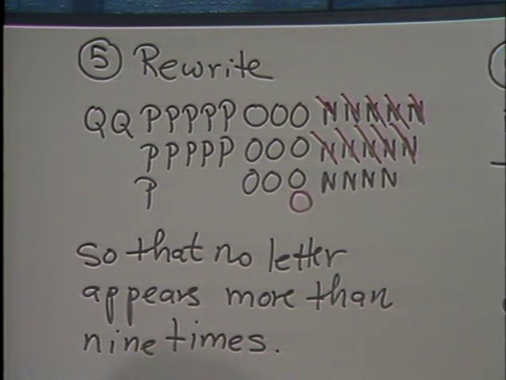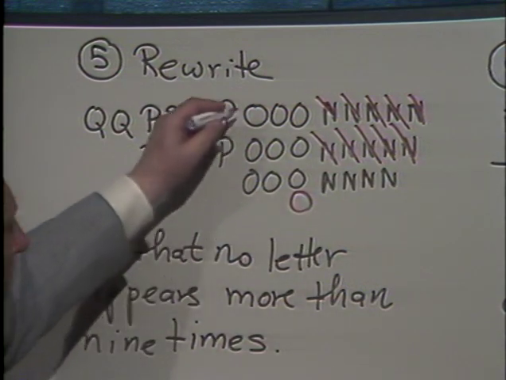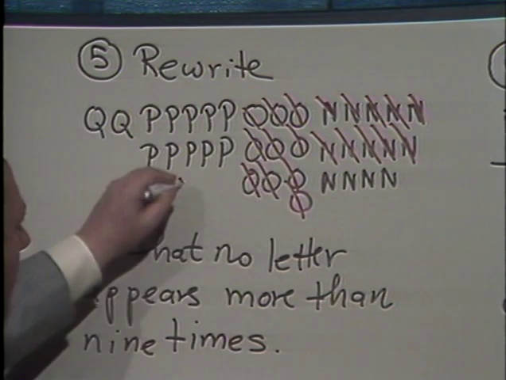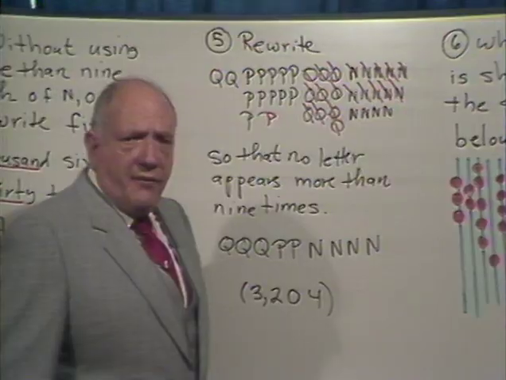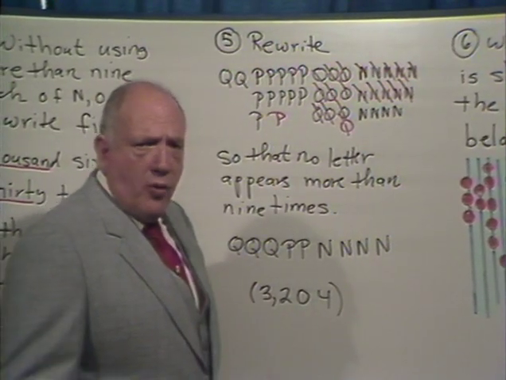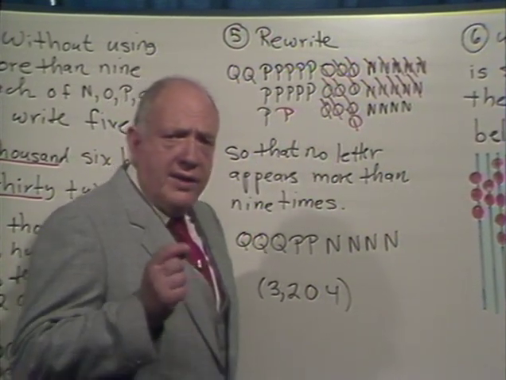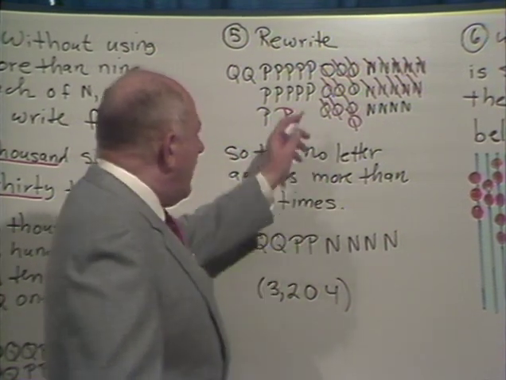Now, 10 O's are worth a P, so I count 1, 2, 3, 4, 5, 6, 7, 8, 9, 10. Trade those in for 1 more P. Every 10 P's are worth a Q. By the way, notice that I can't trade in anymore. If I still had more than 9 left, I could trade in again, but I haven't made the problem